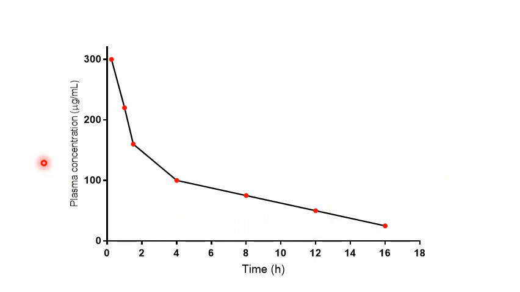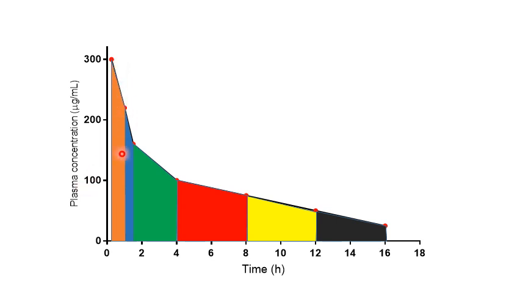So if we consider that we have a plasma concentration time curve, it is not necessary for the calculation to plot the data on semilog paper. There is no need for this. In this case, we consider that the plasma concentration time curve is composed of multiple trapezoidal shapes, each of them bounded by the difference between 2 points. So this is the first point that was measured, and here's the second point,